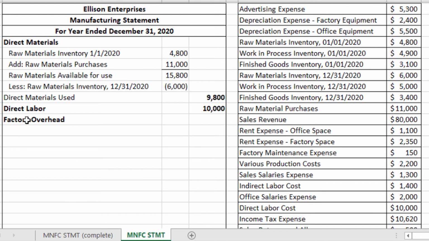Alright, the next section is factory overhead, which is also not too bad of a section, a little bit more work than direct labor. All we need to do is pick out the factory overhead accounts that are listed over here on the right. And remember that factory overhead will include any product costs that are not direct materials or direct labor, so any of the indirect production costs. So if we look over here, any cost that's going to be related to factory or production is going to get listed here underneath factory overhead. So maybe I'll give you a moment to see if you can pick out the factory overhead costs here. There are 5 that are going to need to go here, and I'll give you a hint, it's not one of the ones that's cut off here. So I'll give you just a moment to see if you can pick those out.